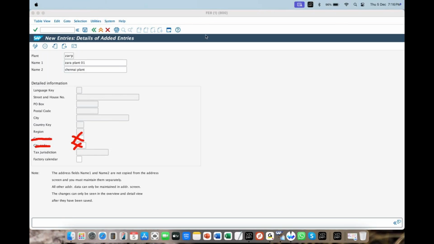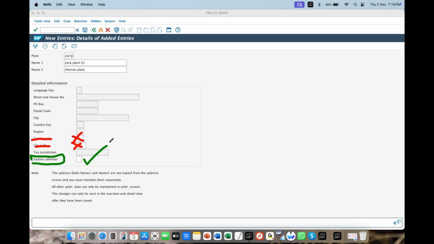And the very important field is the factory calendar here. So what is the purpose of the factory calendar? See, a few companies work 5 days a week. A few companies work 6 days a week. A few companies work 7 days a week, even 24/7.